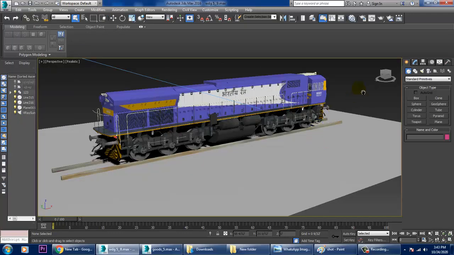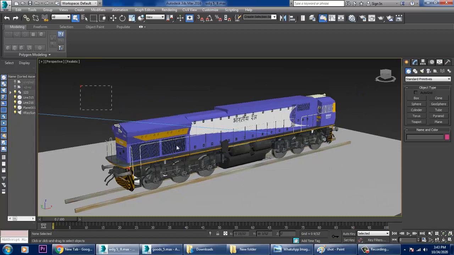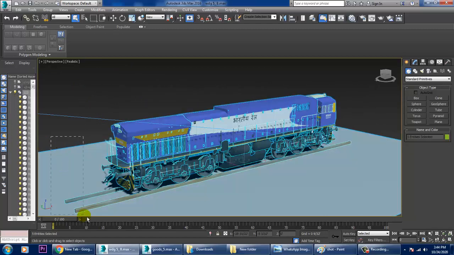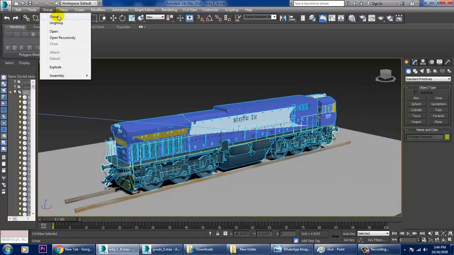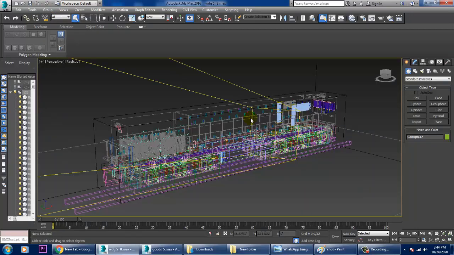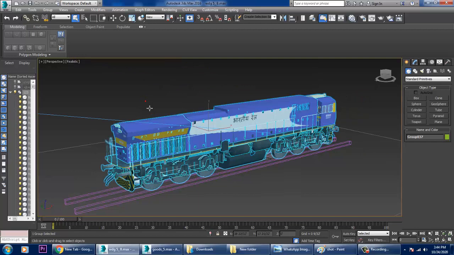Much better. So make sure you again select this. I'll group it first. It's getting much heavier.